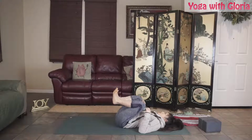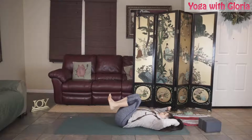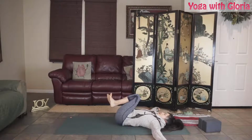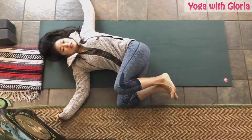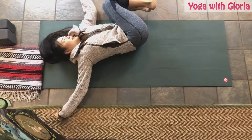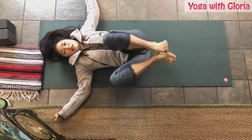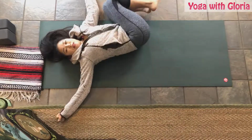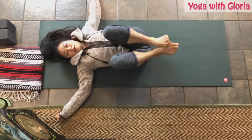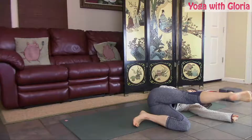And we're just going to draw the knees up to the chest. And let's do arms out to the side. And we're going to drop the knees over to one side, back to center, and drop it to the other side. Center, and drop to the right. Drop to the left. To the right and the left. Warming up slowly if you're able to. And you're ready to kick your legs straight